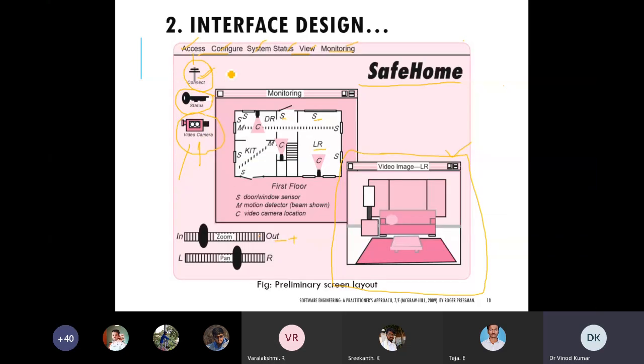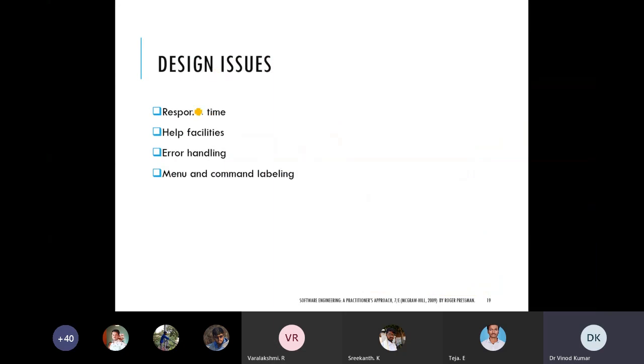For network connectivity we have, I think we know these many things. In the mobile interface also you can see. In Windows, whatever you are using, Windows operating system or Linux operating system, you can see there. So different interfaces you already know. So what are the design issues?